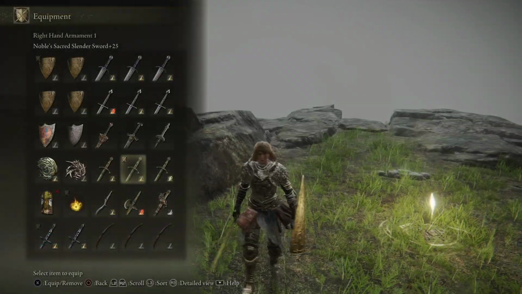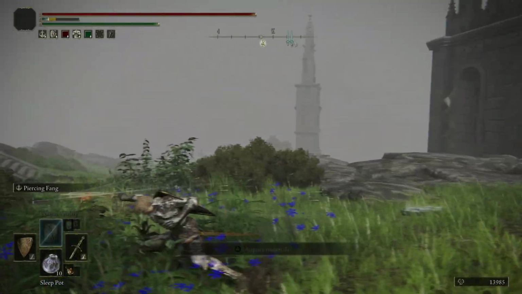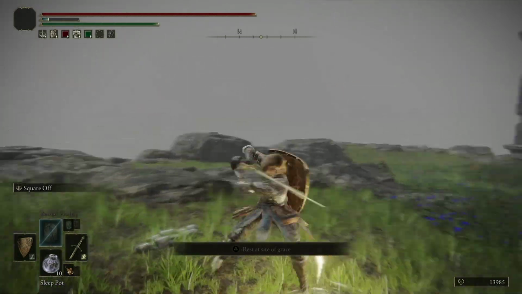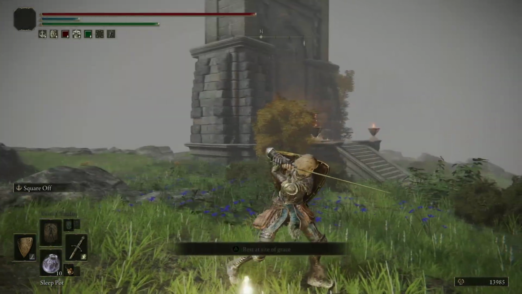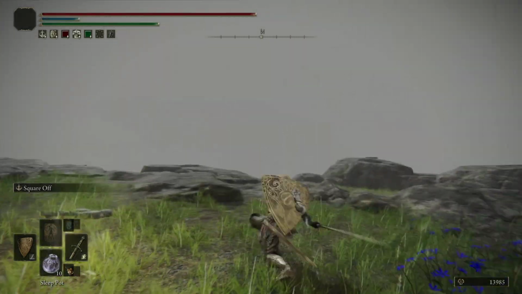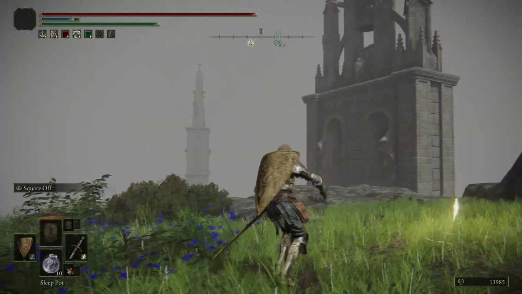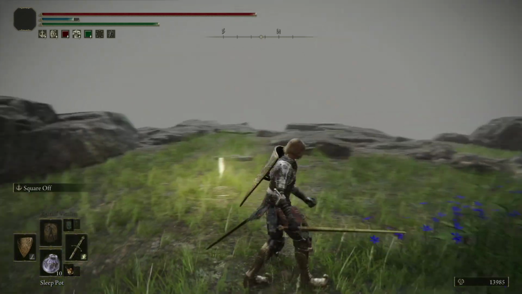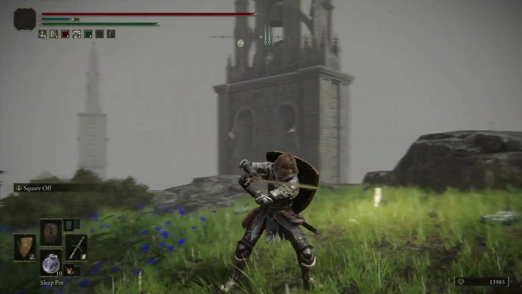So these are definitely setups you should try out. Piercing Fang, good against other shield users as well, just to go through. Square Off, very situational. I prefer Square Off over Kick for guard breaks. Still, the main problem with Square Off is that you get this animation here to get into the stance. This will usually tip people off,